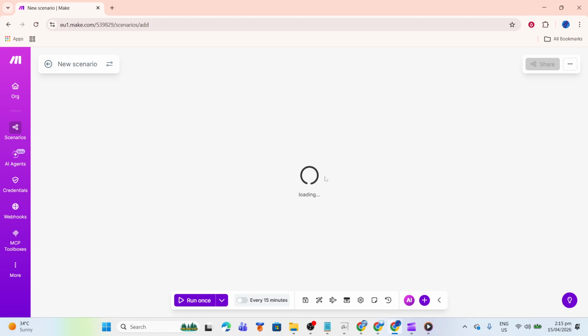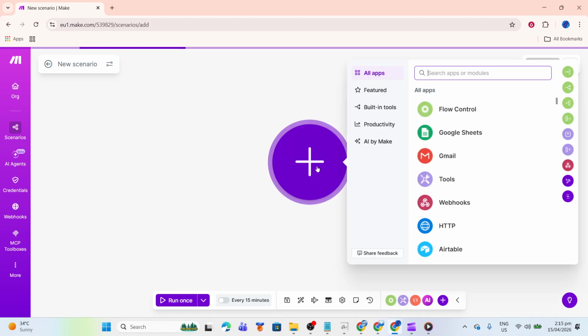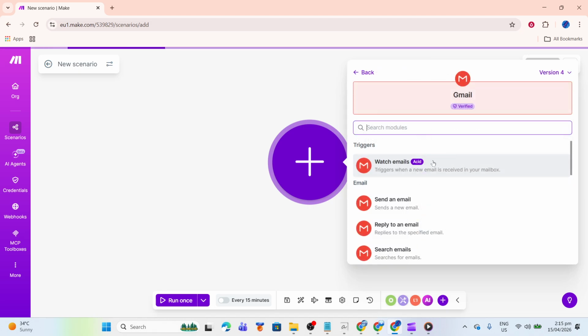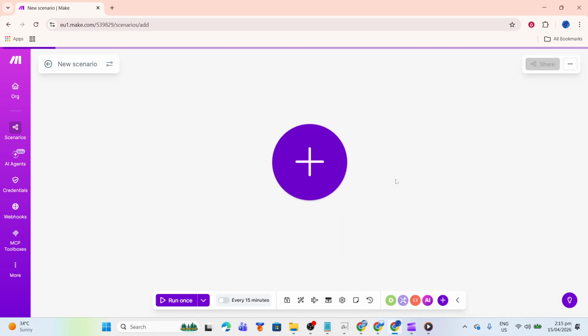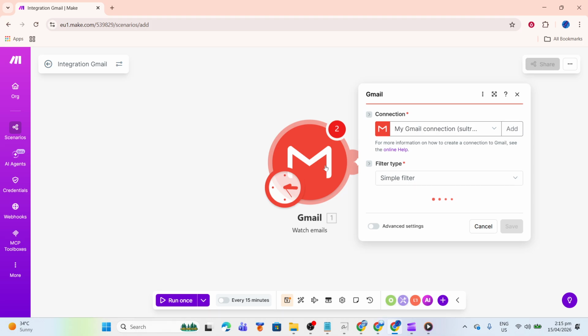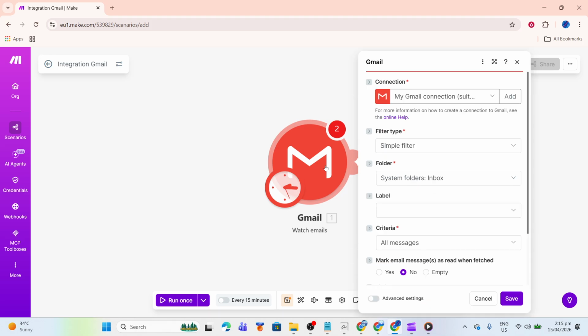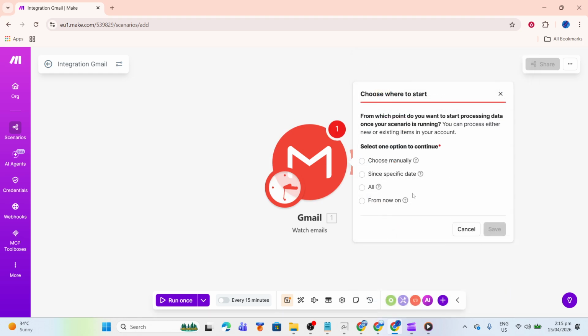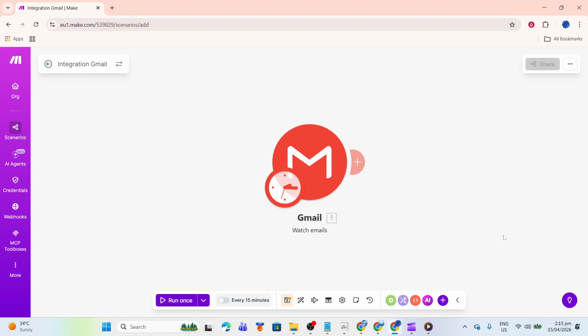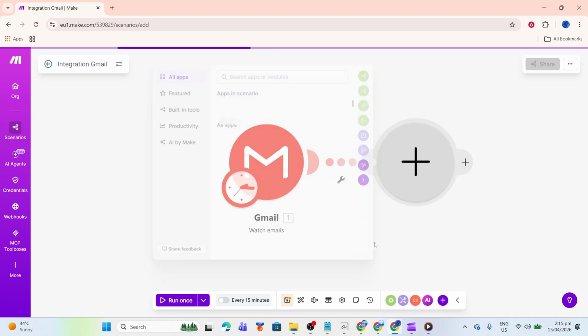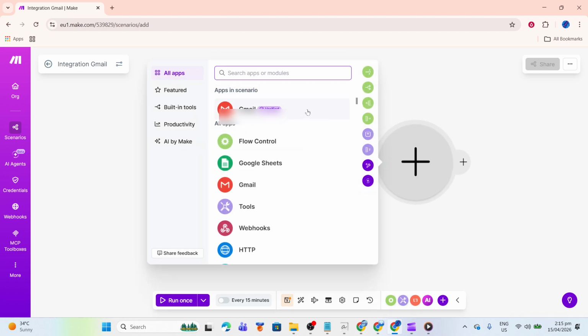On the canvas, click the plus icon to add your first module. In the search bar, type Gmail, then select Gmail from the list. When the app options appear, choose Watch Emails. This will be the trigger that looks for new messages. You'll be prompted to connect your Gmail account. Click Add, complete the sign in and permission steps so the connection can access your email safely, and then click